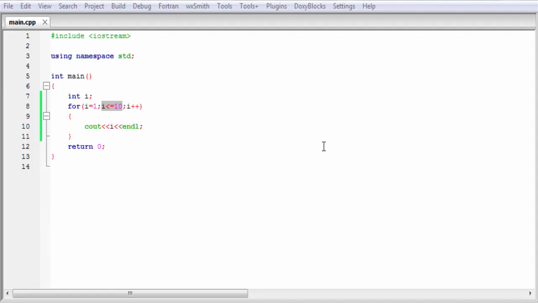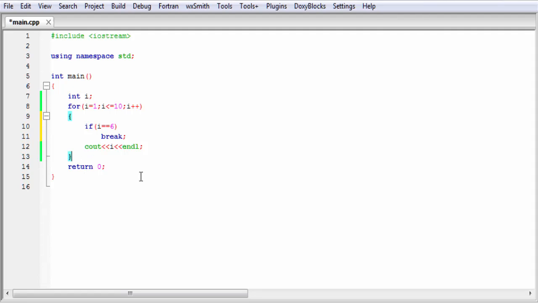But sometimes we need to terminate the loop before complete execution. For that we use the break statement. Suppose I want to print the numbers from 1 to 5 and then the control comes out of this loop. For that we use an if statement, if and then a pair of parentheses. Here we print the numbers from 1 to 5, so when the value of i is 6, it comes out of the loop. So I am going to write if i == 6. If this condition is true, then break out of this loop. So I am going to write here break.